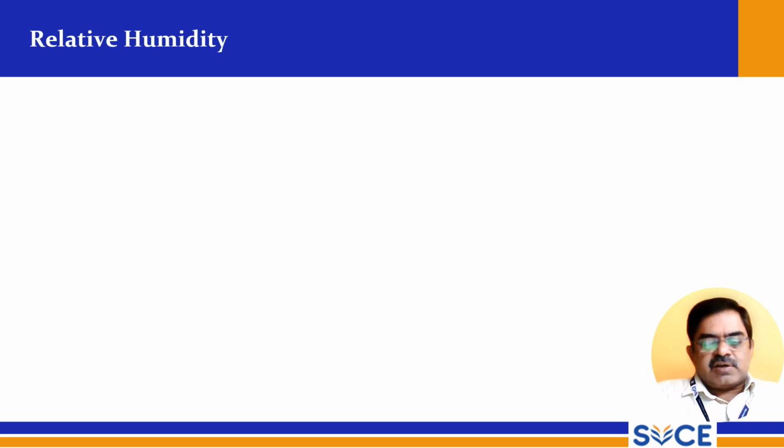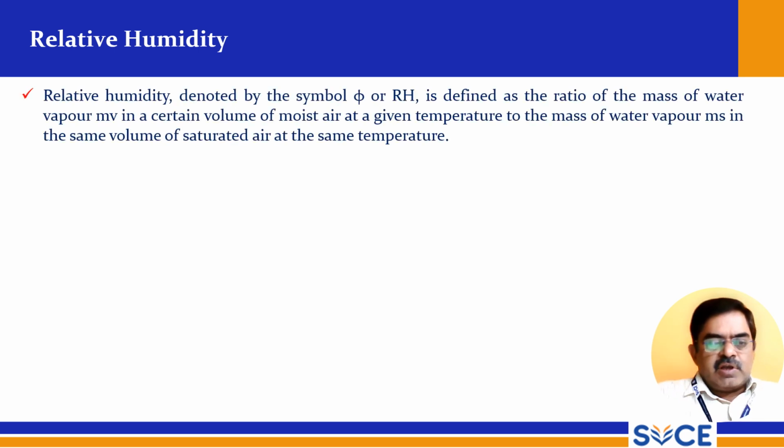So the next psychrometric property is relative humidity. I have introduced relative humidity earlier, and we will be discussing it in detail here. Relative humidity is denoted by the symbol phi or RH. In a few books you may find phi, or in a few books you may find RH, is defined as